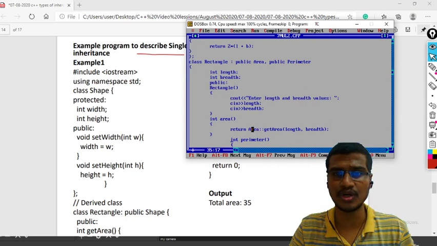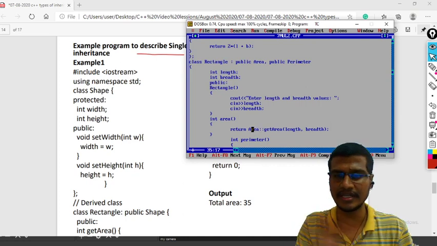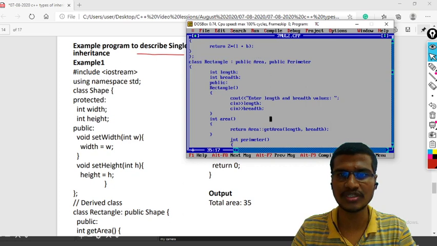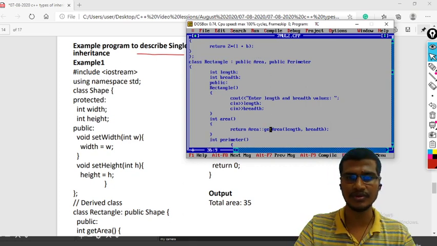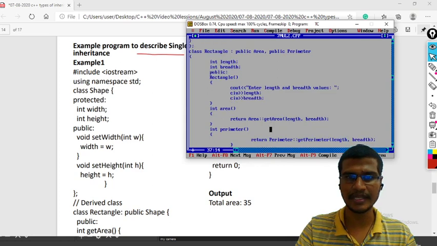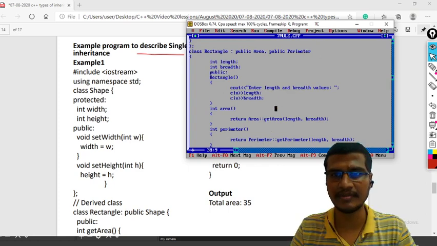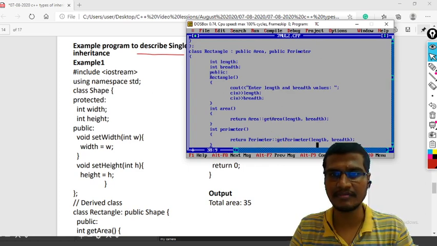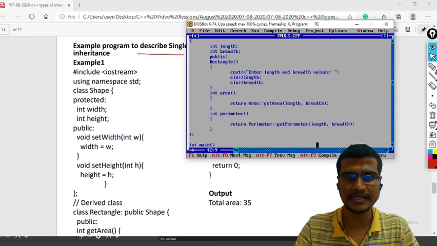So get area of a, which is a member function of this area class. How can I specify it? The name of the class, scope resolution operator, and the name of the method. Whenever I am using this int parameter method, I am using the data member function of the perimeter class. I am deriving this perimeter, and I am calling this get perimeter method. Okay. So directly I can use get area, and I will see that one also.